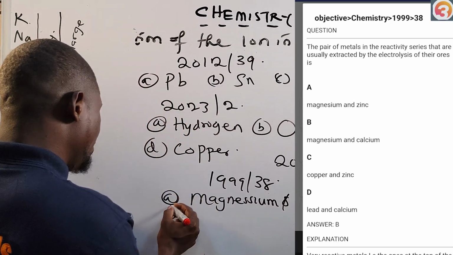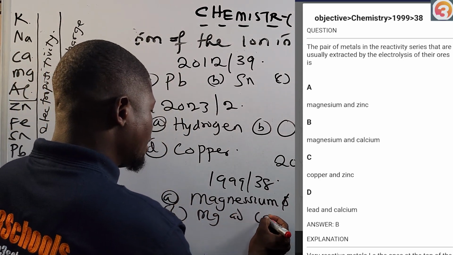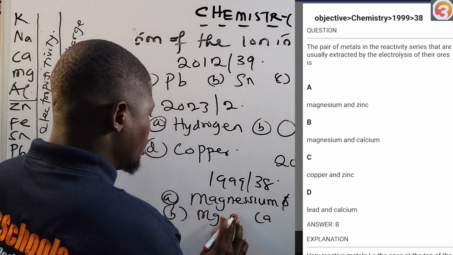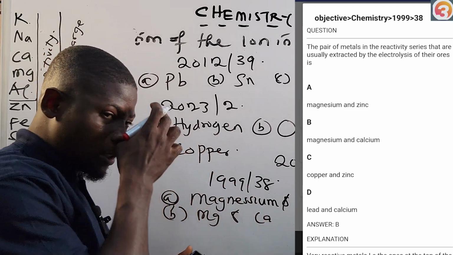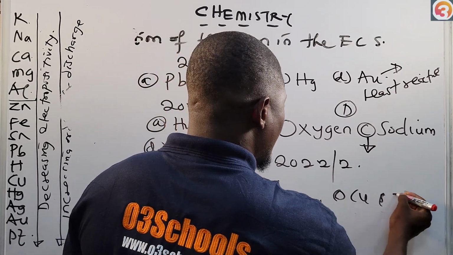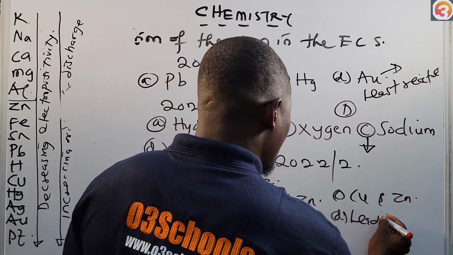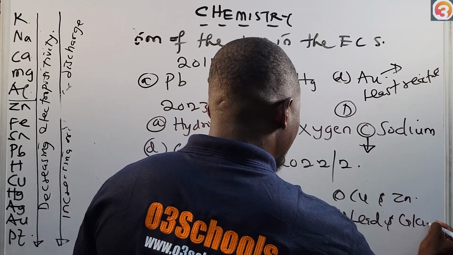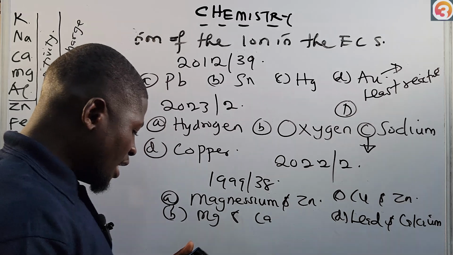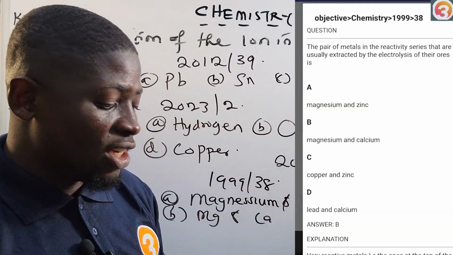Then B, magnesium, Mg, and Ca, magnesium and calcium. C, copper and zinc. Then D, lead and calcium. So they say the pair of metals in the reactivity series that are usually extracted by